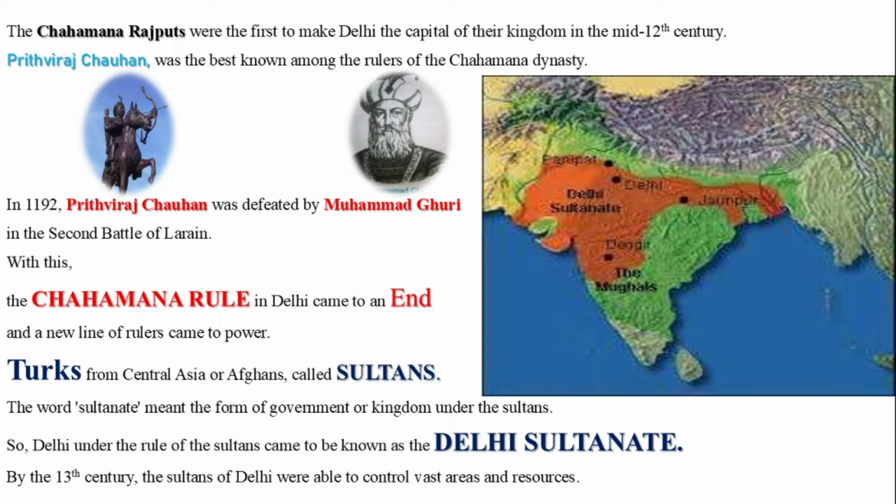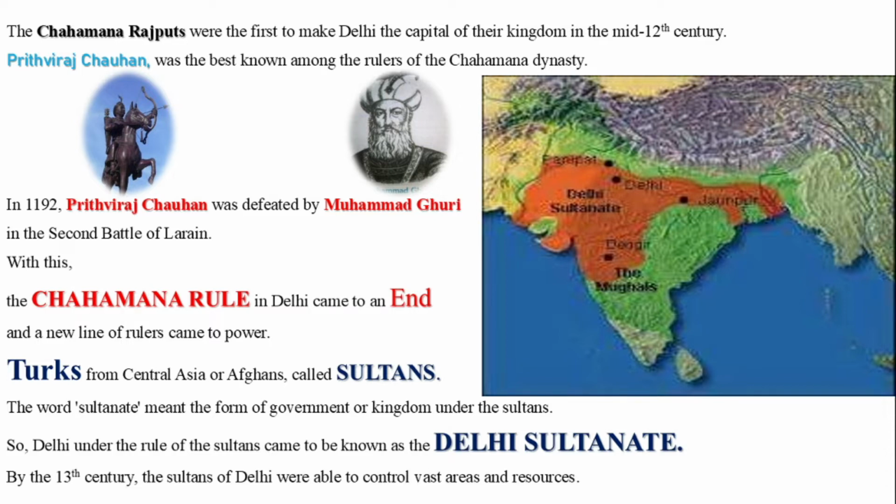During those times, the Chauhan Rajputs were the first to make Delhi the capital of their kingdom in the mid 12th century. The major ruler of the Chauhan dynasty was Prithviraj Chauhan. In 1192, Prithviraj Chauhan was defeated by Muhammad Ghuri in the second battle of Tarain. The Chauhan rule in Delhi came to an end, and a new line of